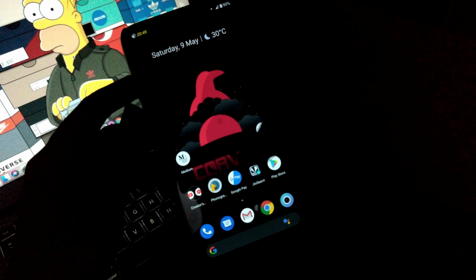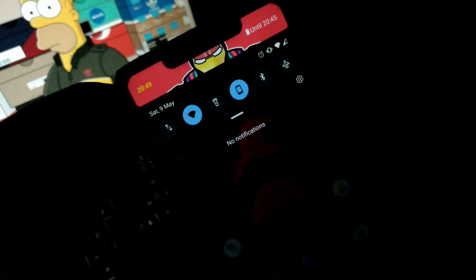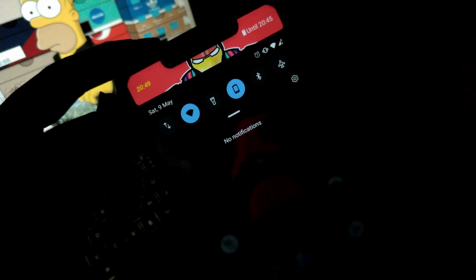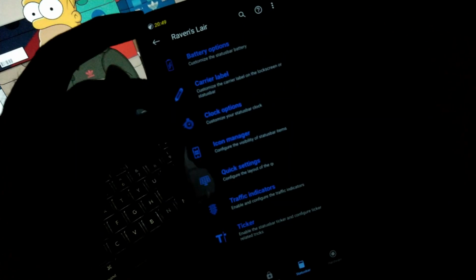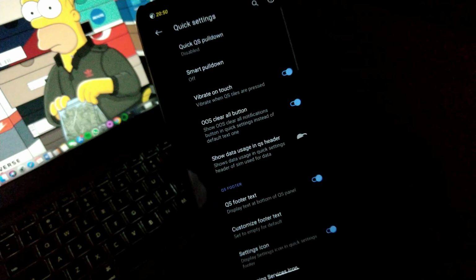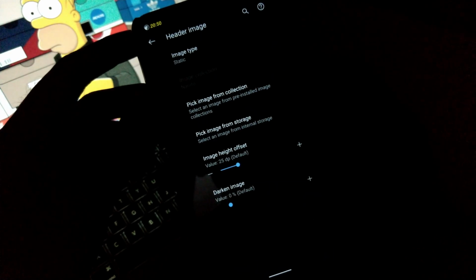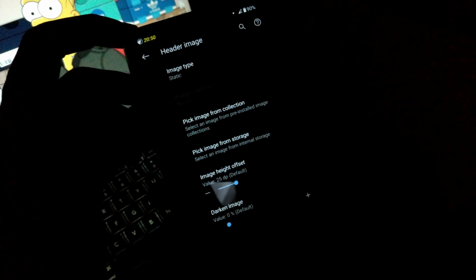Next up is about the header image. Now you can keep any type of header image the way you want and the style you want. Heading towards the settings, in the reverse lane you can navigate to the quick settings, and as you can see in the header image option, you can have tons of header images the way you want.